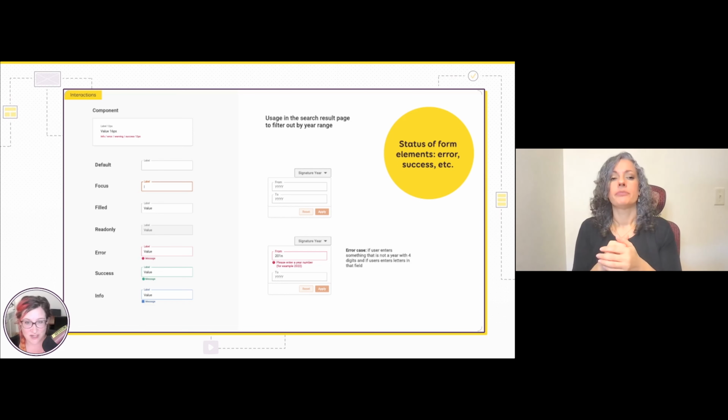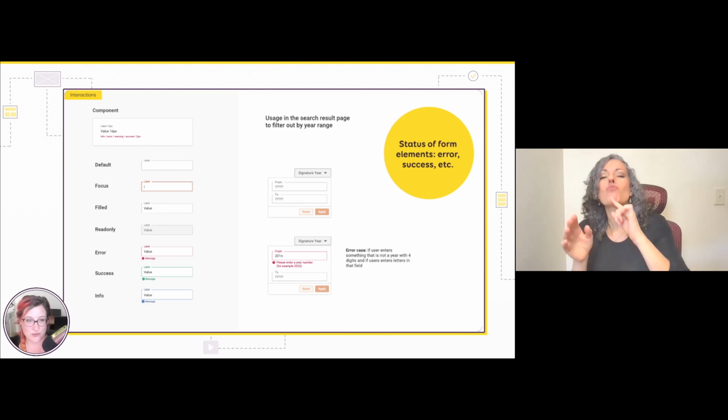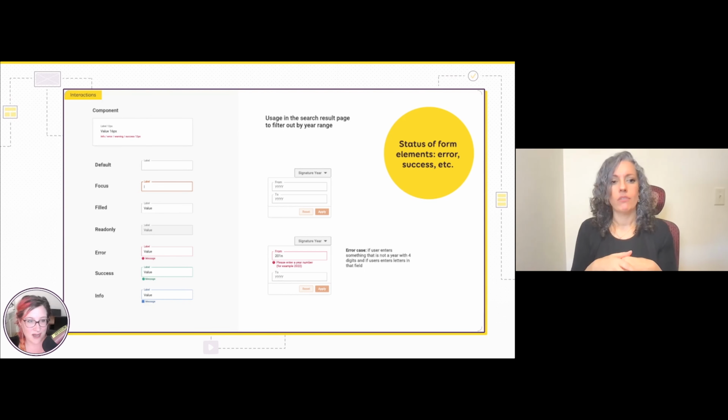And then at page level, when this component is used, I'm not just giving generic examples, but I'm going really into the actual example. So when do we trigger the error case? Here I have a form that is supposed to be a way to check for signature years from to, and user can only enter years.